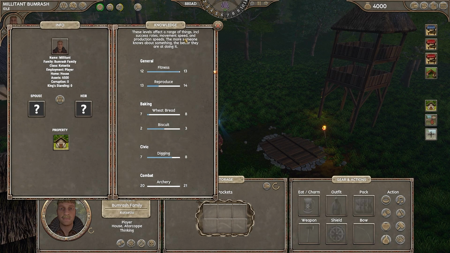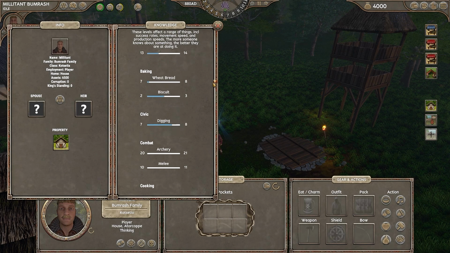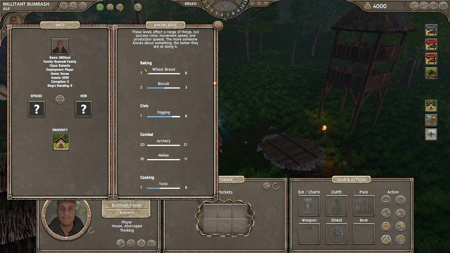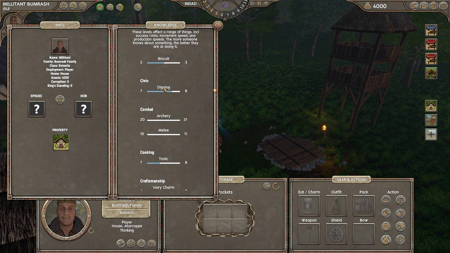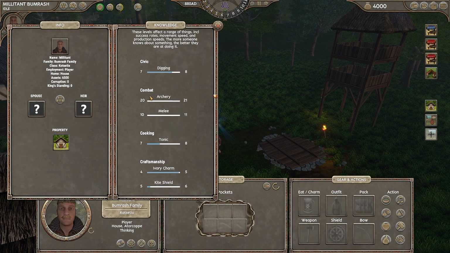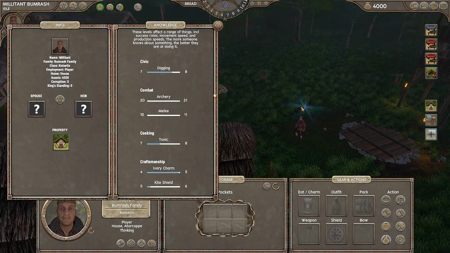Fitness is gained by running, for instance. Reproduce is gained by sleeping with people. Baking, if you want to increase your baking skills, you have to bake wheat or biscuits. If you want to start digging, each new level increases chance of bonus when digging graves. We can, of course, dig some graves. If you want to have that archery, you can do that by actually going hunting or by practicing with the